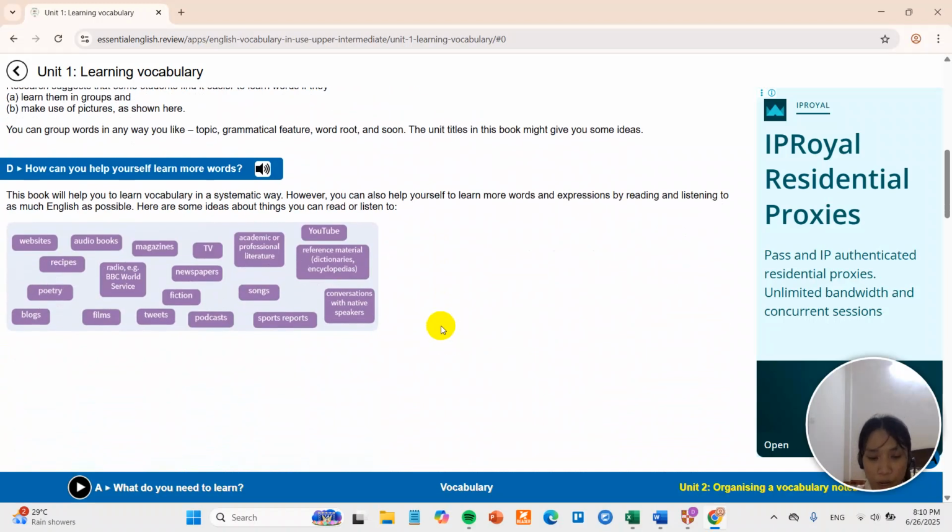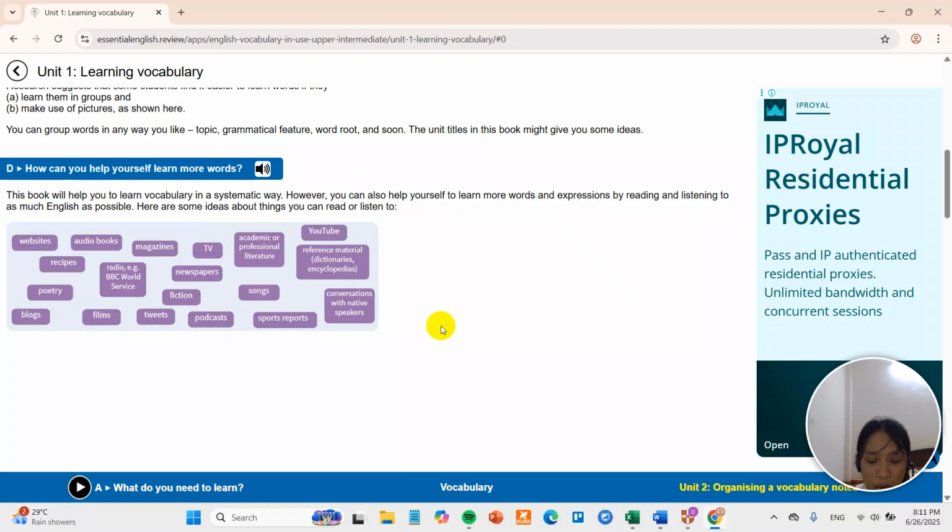D. How can you help yourself learn more words? This book will help you to learn words in a systematic way. However, you can also help yourself to learn more words and expressions by reading and listening to as much English as possible. Here are some ideas about things you can read or listen to: websites, audiobooks, TV, magazines, recipes,